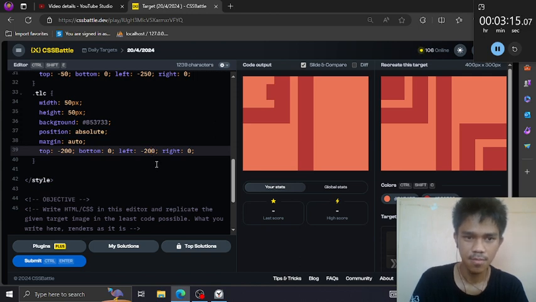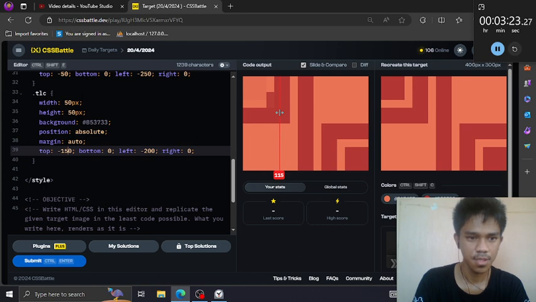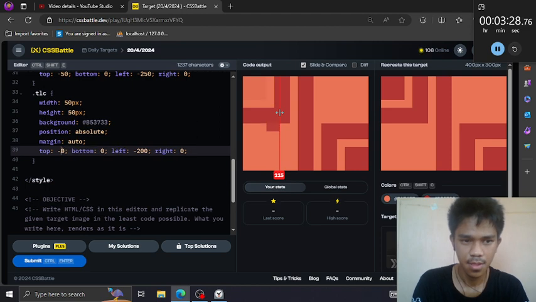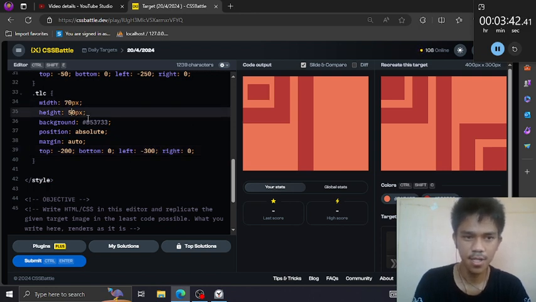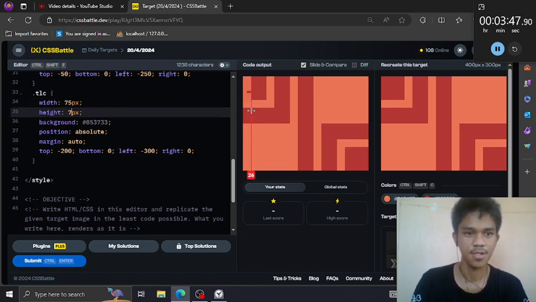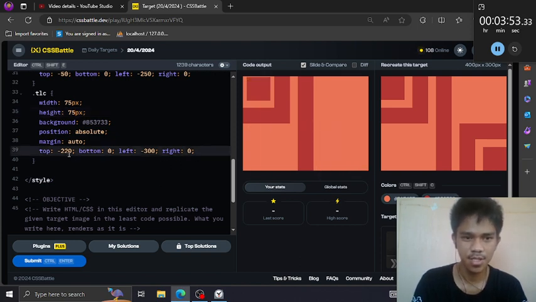Wait, I'm dumbfounded by this 150. Here we can see this, but it's not enough. 70, 200. There, you can see this clearly. Let's add height and width. Add the size. 75. Then push this a bit to the top.